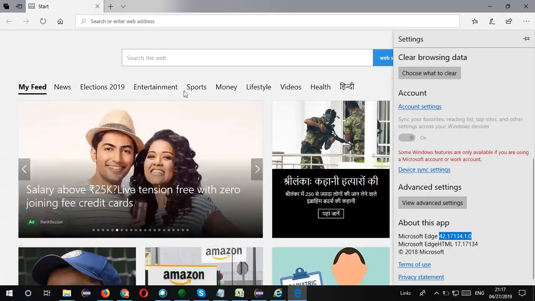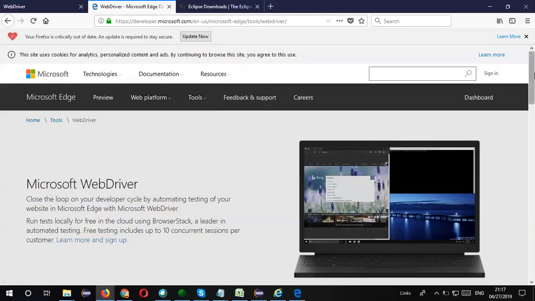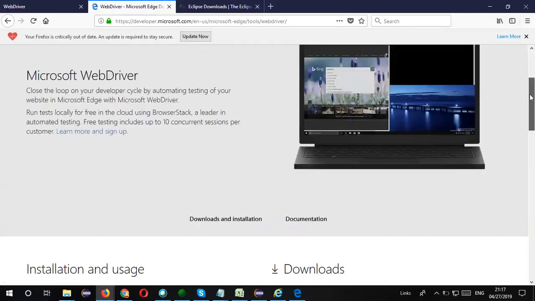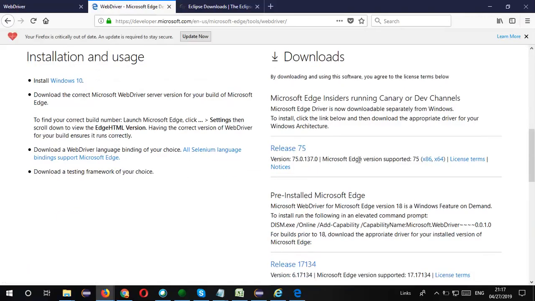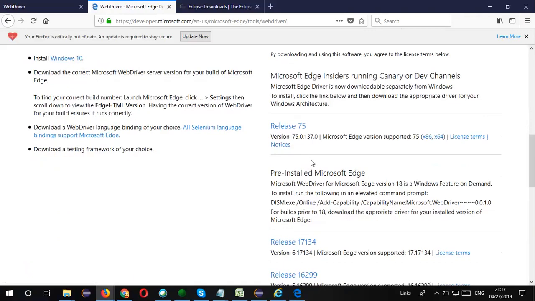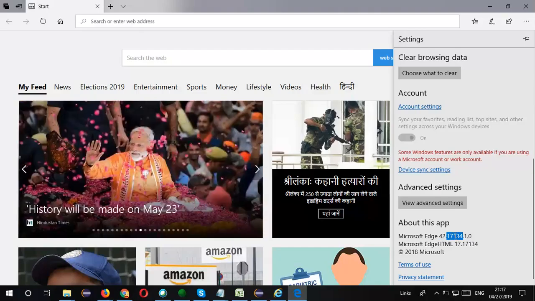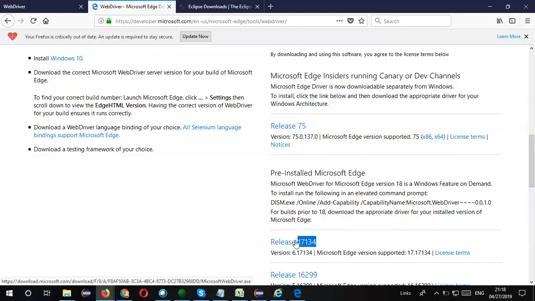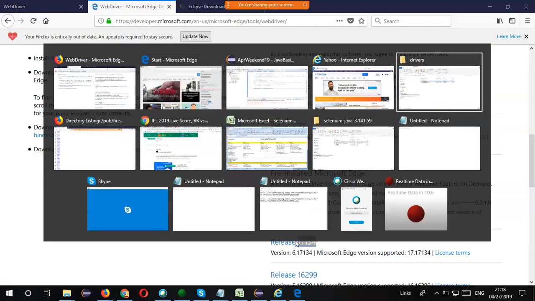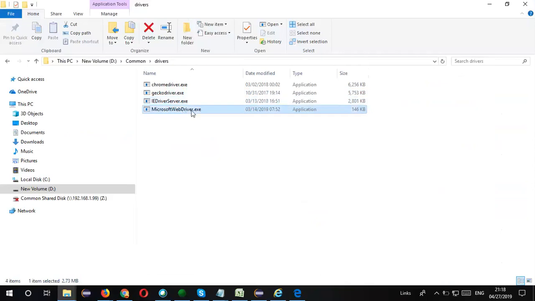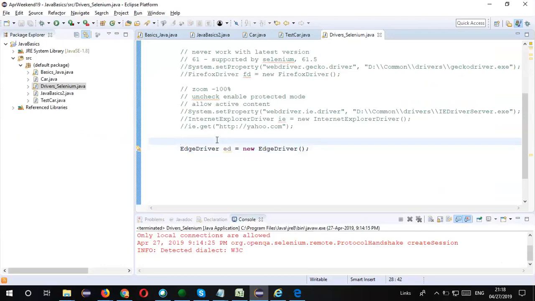42.17134.10. And if you go to the Microsoft website, this one which opened after clicking on that link, under download section, they have mentioned exe for every version. For release 17134, this is the exe. For release 75, this is the exe. My release is 17134. You download this particular exe for that particular version, right? And I have it over here. Find Microsoft Edge driver.exe, and you can simply type